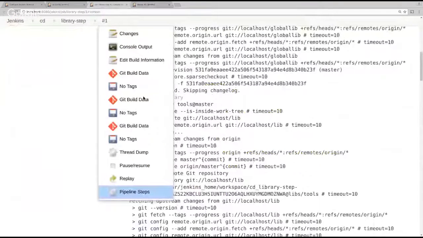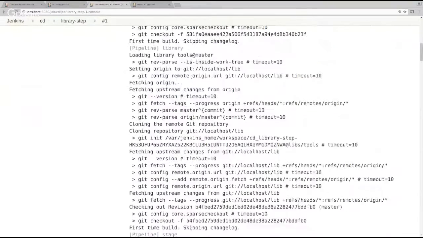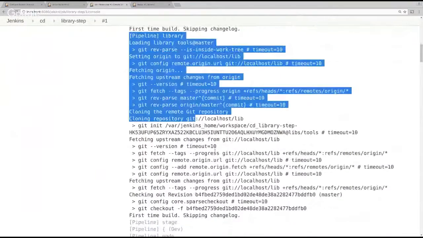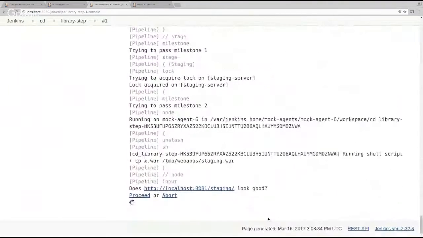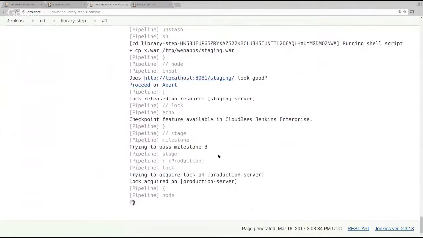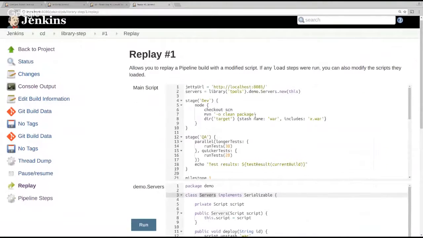So if we go back to the console, after this library step here is complete, that's this, then everything else should look exactly the same. So it's going to go and use the server and try to deploy to production and do all of these things. Let's say it can go ahead and deploy if it wants to. So that's one usage of the library step, and the interesting thing here is that you could make this expression